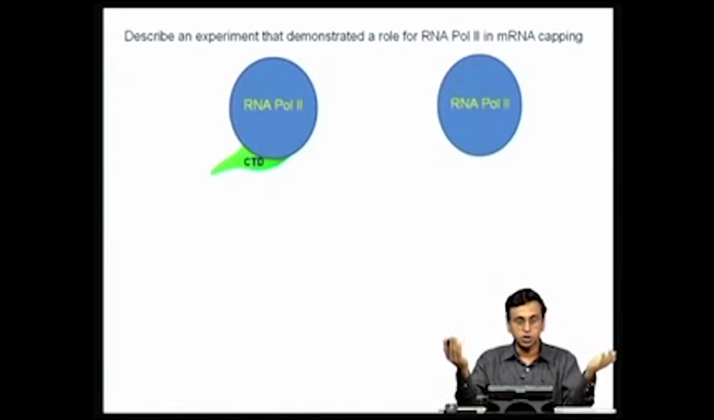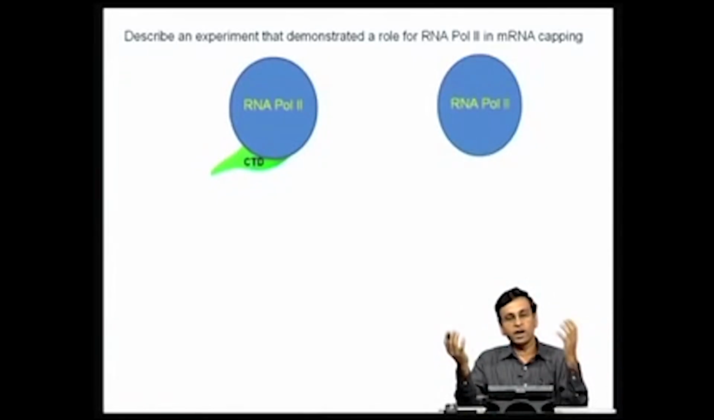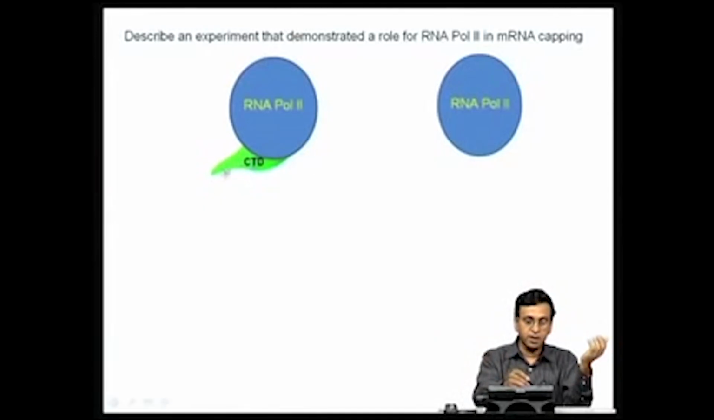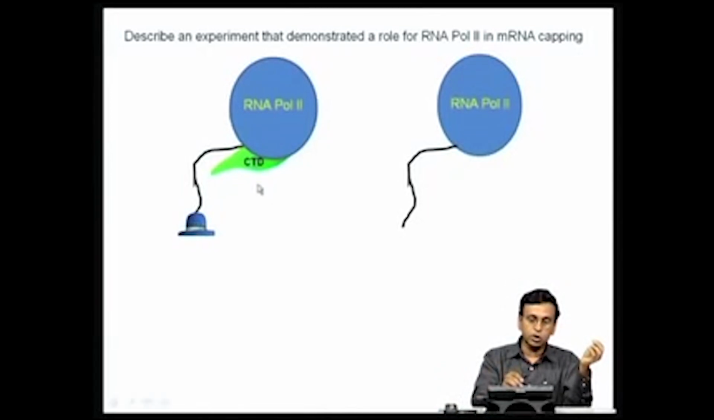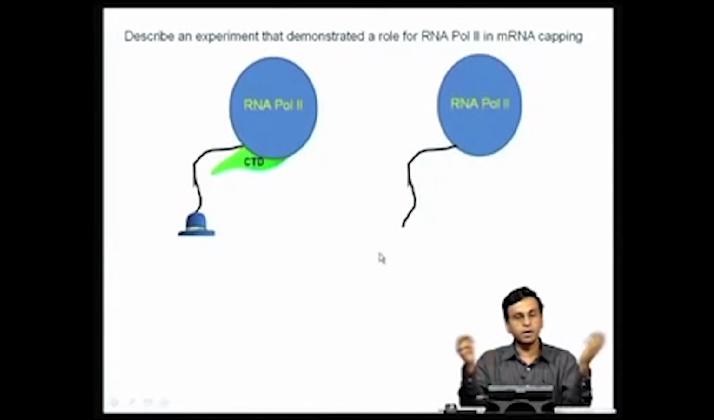If somebody asks that question, what do you do? You take two cell types: one expressing normal RNA polymerase with the C-terminal domain, another expressing a truncated RNA polymerase II without the C-terminal domain. If you now look at the messenger RNAs being synthesized, you find that only in the cells which contain the normal RNA polymerase with its complete C-terminal domain are messenger RNAs capped, whereas in cells expressing RNA polymerase II in which the CTD is not there, RNA is made, but the RNA is not